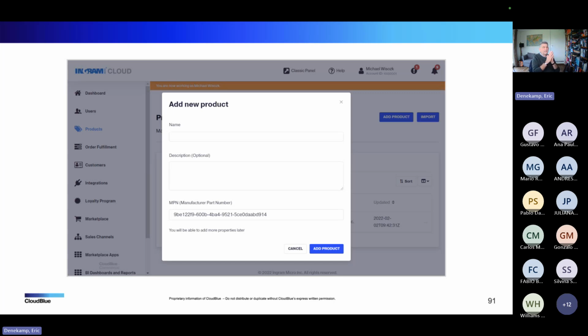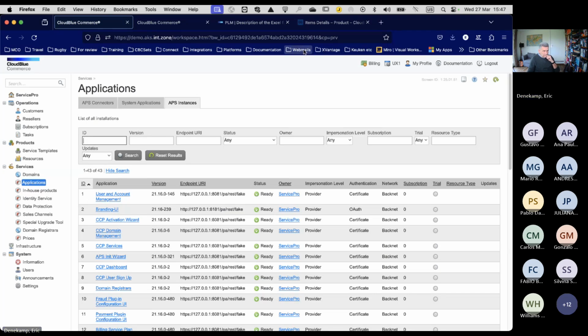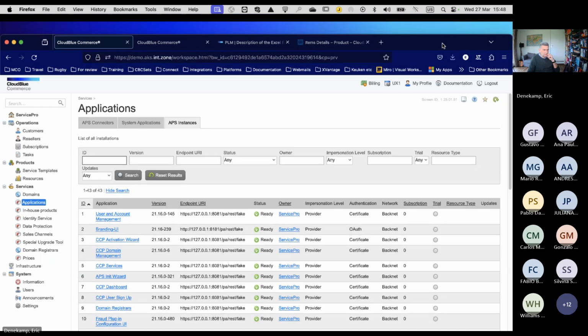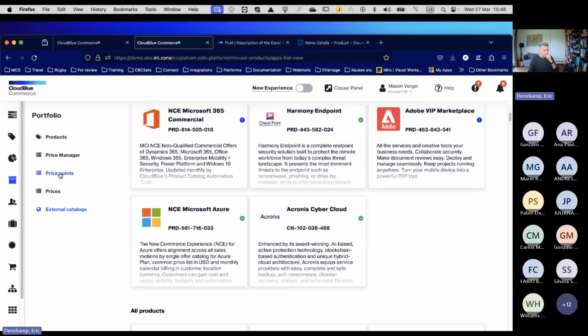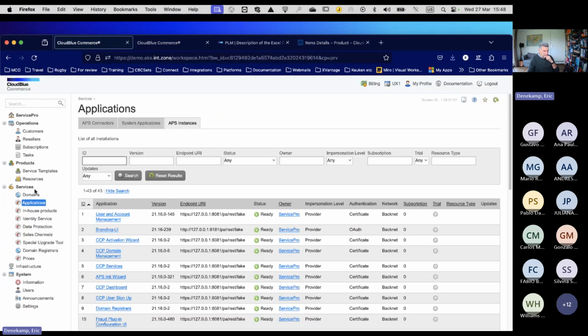The rest of the functionality, one of the things that we can do, manual in-house products, every level can already do. So if I am a reseller, where am I? I'm going to log in as a reseller. Let's do that. Resellers.